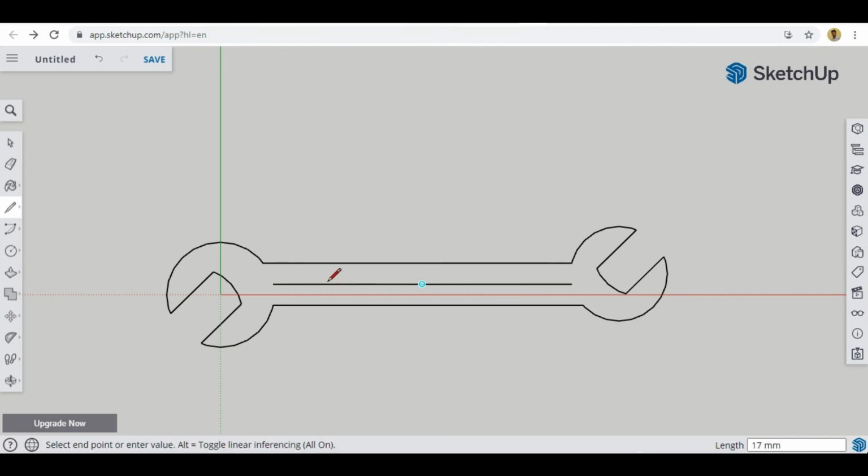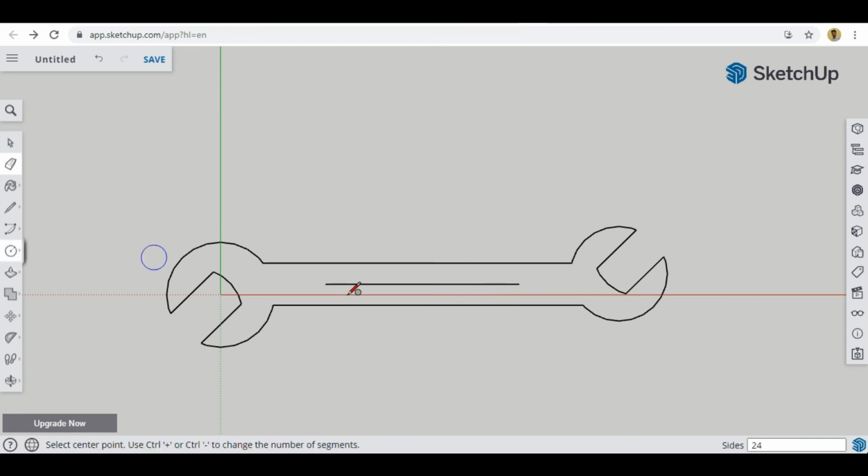So I can go 18 to the left side, and from the center point I can go 18 to the right side also. So I'll take the eraser to erase these lines. So this is our 36 millimeter line.